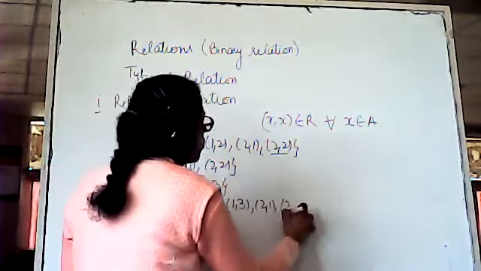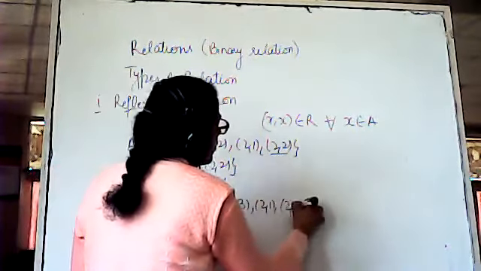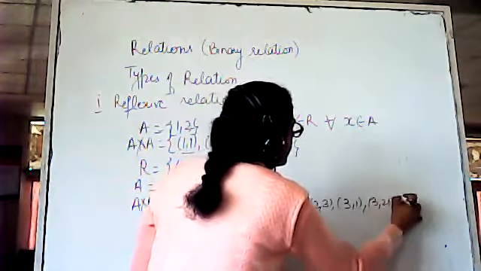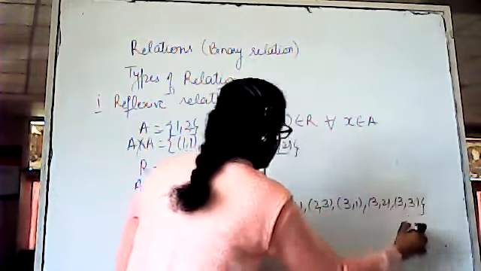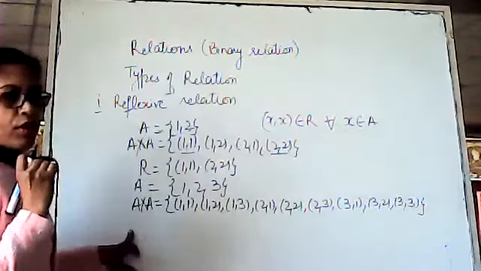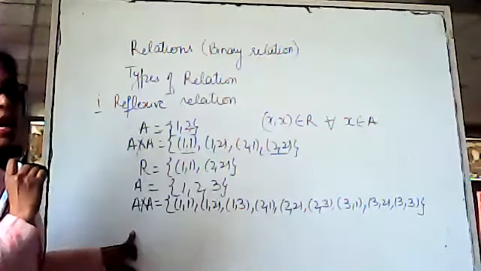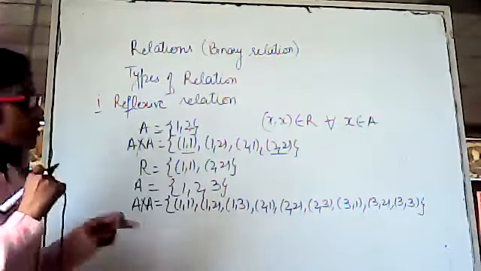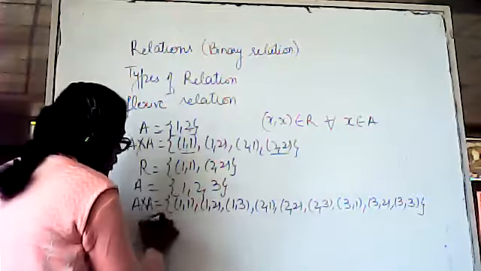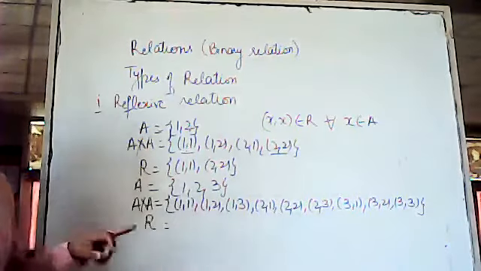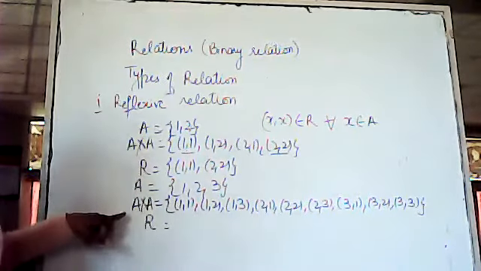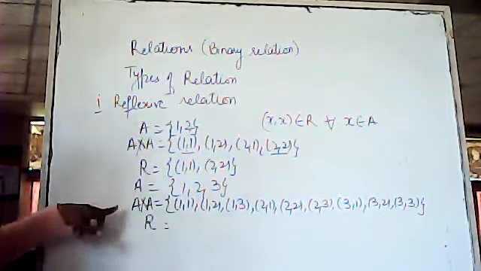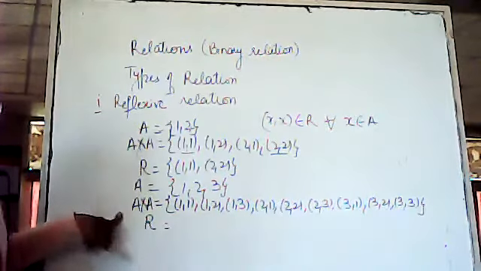Similarly, 2 1, 2 2, 2 3, 3 1, 3 2 and 3 3. ठीक है, ये हमारे पास क्या आ गया? क्रॉस प्रोडक्ट ऑफ टू सेट्स. After the cross product of two sets, we will find the relation R. The elements of the relation will be from this cross